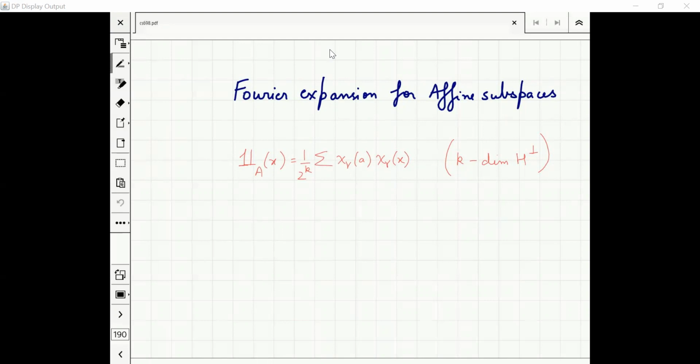Notice when we did it for a subspace, this factor was not there. So what is happening here? If X is an element of A, remember A was H plus a. Now what will happen? If X is an element of A, then X plus a